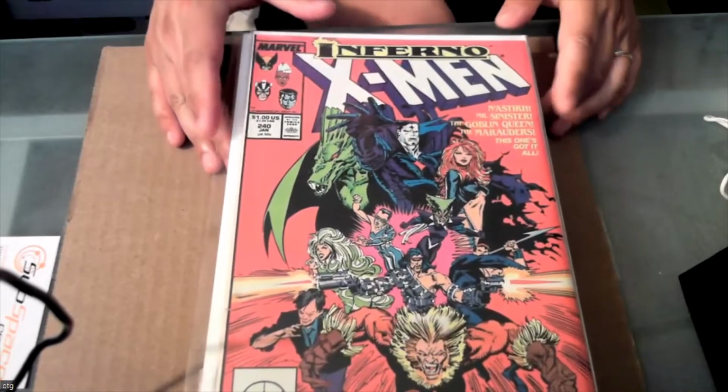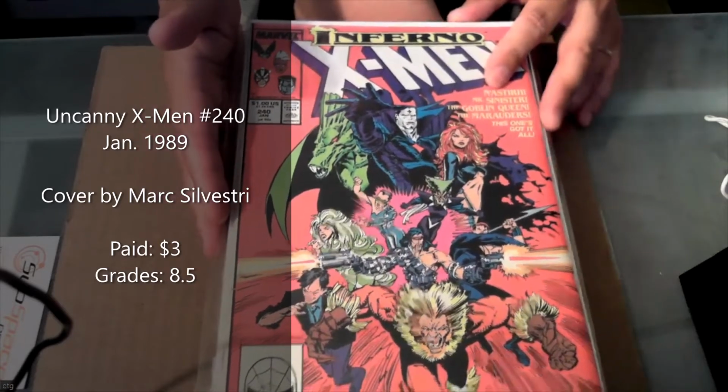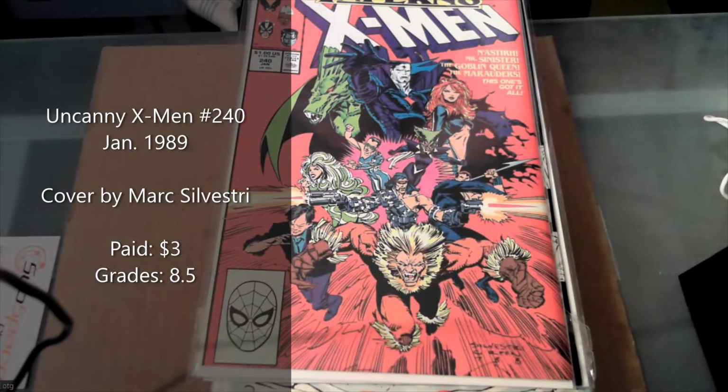Now this was a book I picked up at Jeff's in the 50% off bins. I picked this up for $3, so I think this was probably the priciest book that we picked up that day. I spent $2 on pretty much every book from the mall, and then I didn't pay anything above a quarter. I bought two $1 books, about 30 some 25-cent books, and then I picked up this book for $3. So I ended up spending about $12 plus tax, which ended up being close to $14